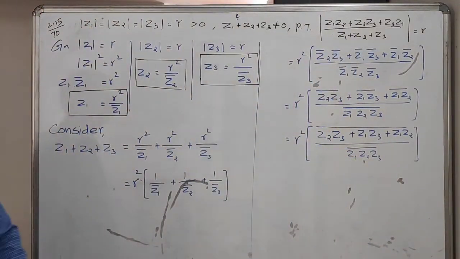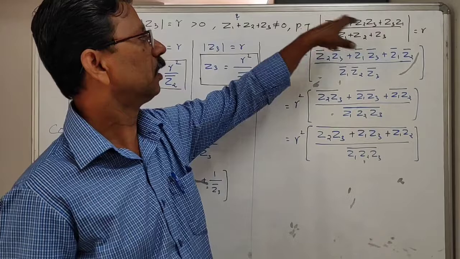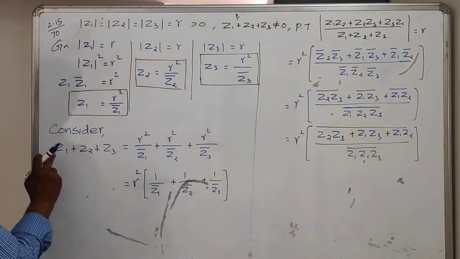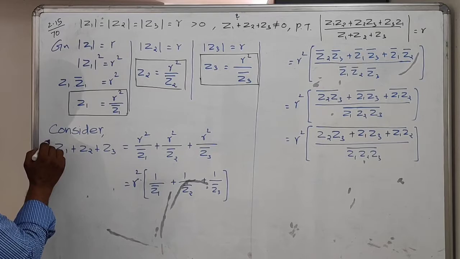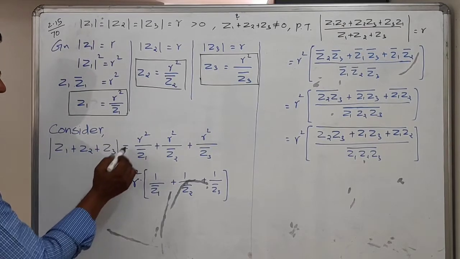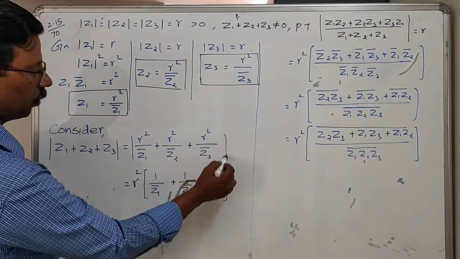Now actually here we need to take the modulus of those things. Therefore, here also we can take the modulus. In the next part you can take it here itself. We can consider the modulus of these things. Therefore, you can put modulus for all those things.